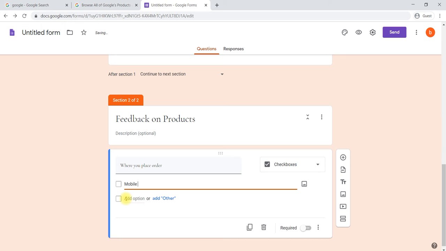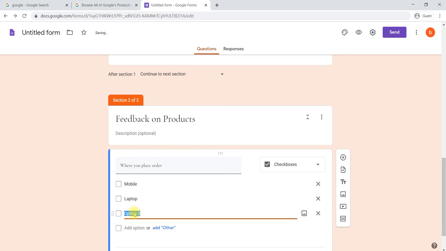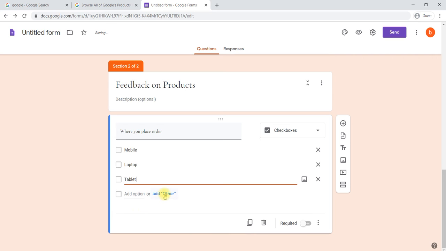Add option, click here on add option, saying laptop. One more option I'm going to give, add option, option 3 is tablet. Or we can say add other, apart from these three.